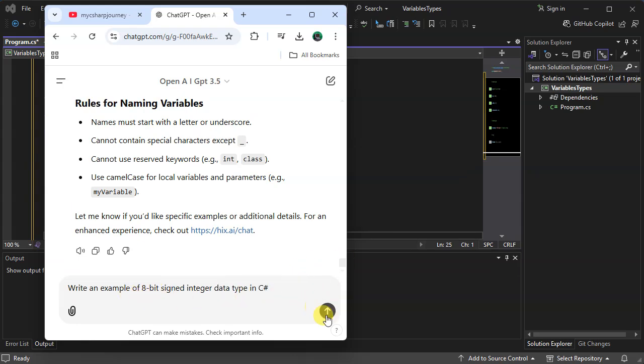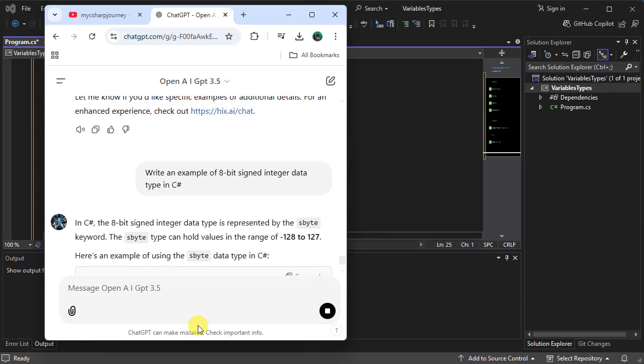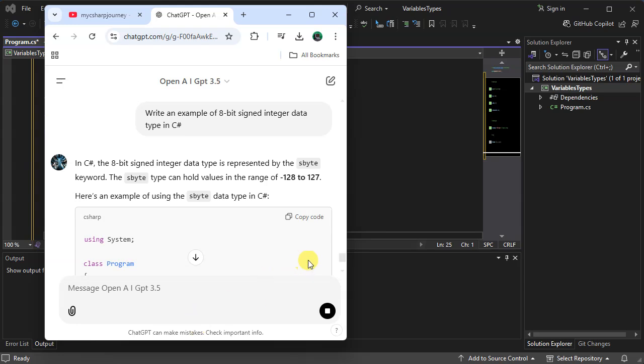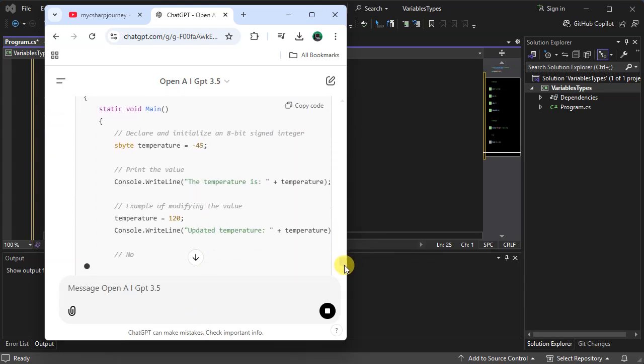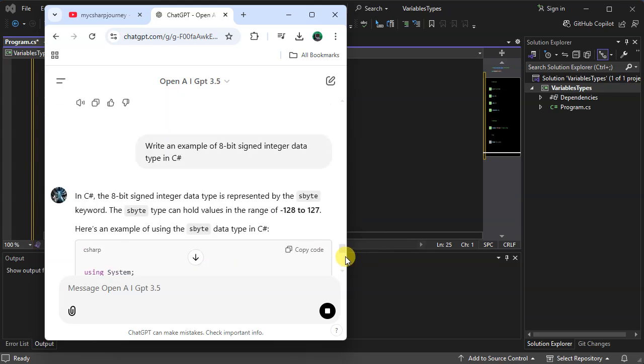Okay, so let's see what the software... In this case it's giving us a lot of examples. So the 8-bit signed integer data type